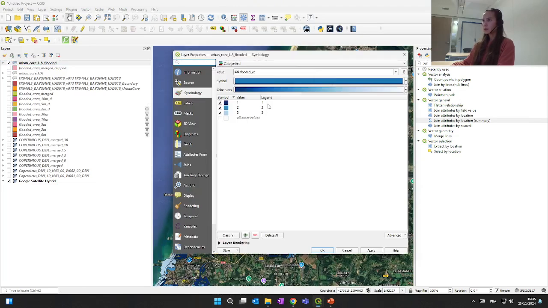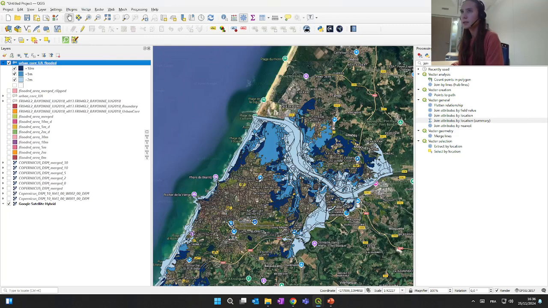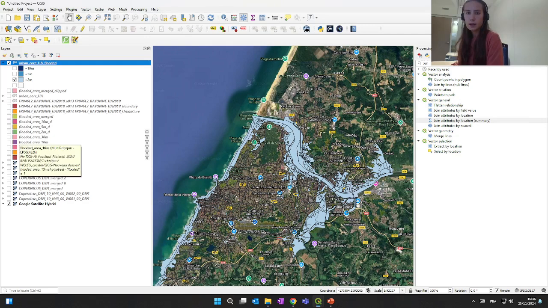Let's adjust the legend. For the legend, we will change because 1, 2, 3 doesn't really say things for us. Well, we will change it accordingly. So 3, as I said, it should be plus 2 meters. 2 is plus 5 meters. I hope I'm not making it wrong. Let's see. Yes, exactly. So now you can see that, for example, here we see now only the